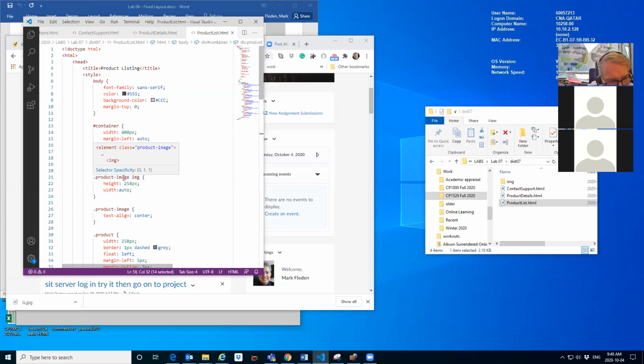Now this part here is not actually styling the product image class. It's styling the image inside the product image class, right? And so the image is going to have a height. They're all going to have a height of 258 pixels, and the width is going to be auto so that they fit into the